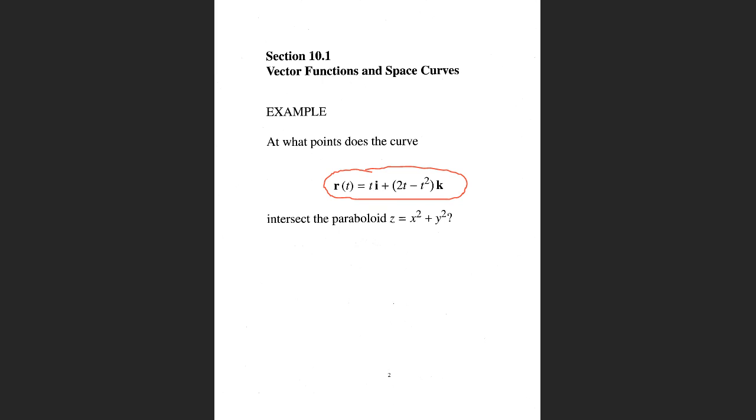Based on the equation here, this space curve is restricted to what plane? Good, the XZ plane, because you have, well, I mean, okay,